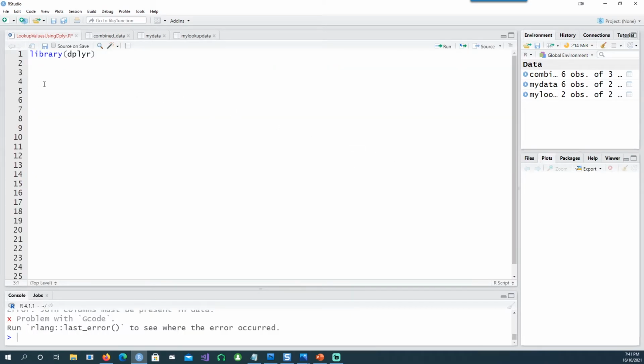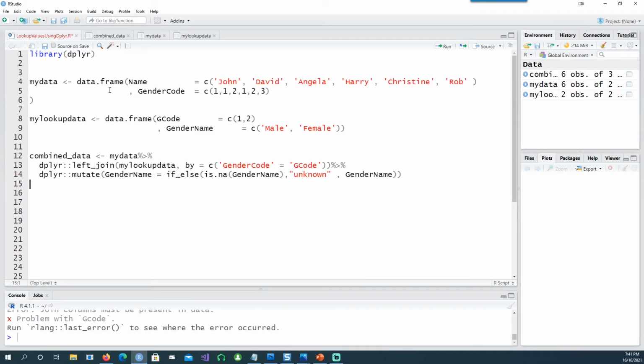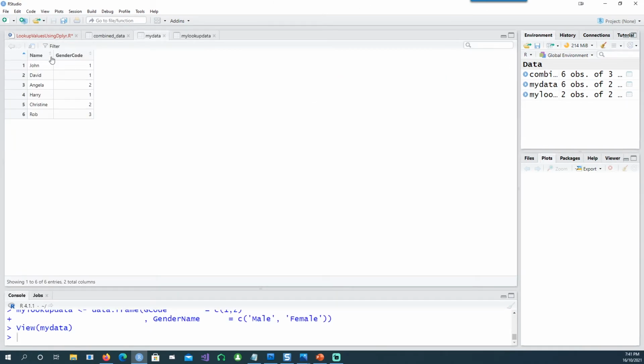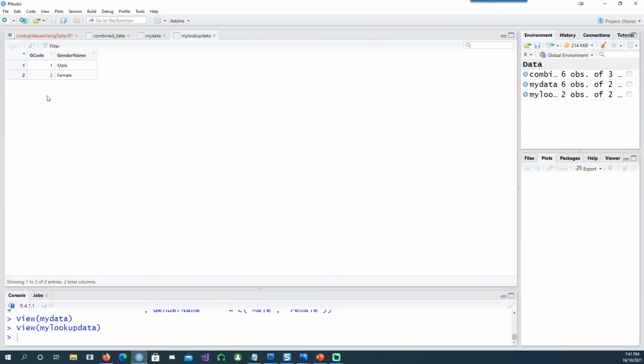So I'm going to show you another scenario where the column names are not the same across both the tables. For example, in my first data set, the code is called gender code, whereas in the second data set, or the lookup table data set, I have the code as G code. So let's see what I mean by that. So if you look at my data, you have gender code there, and in my second table we have G code. We can also match it